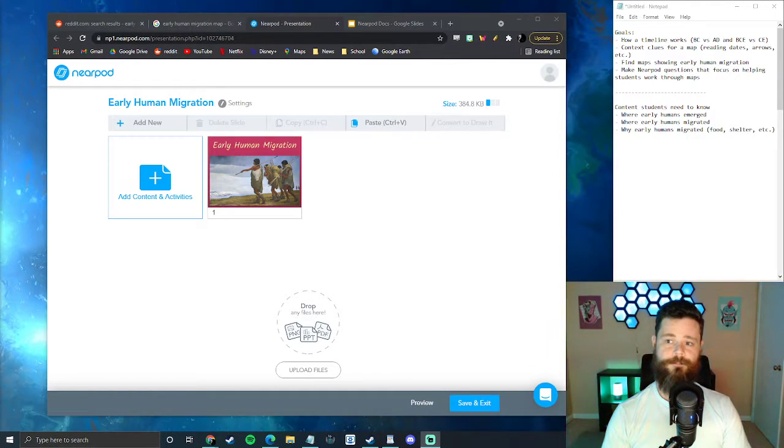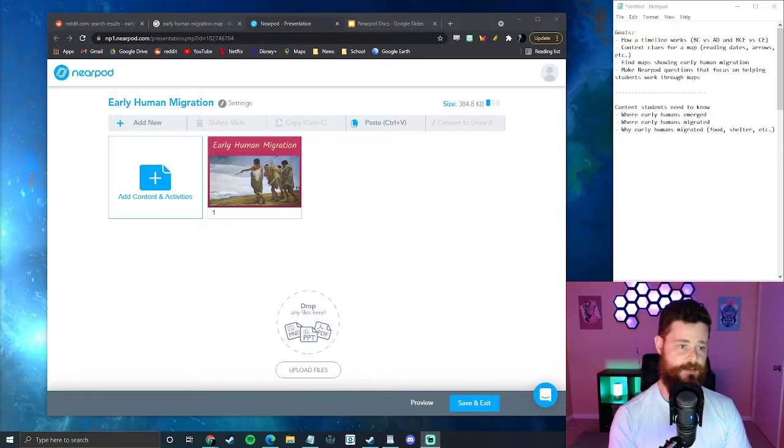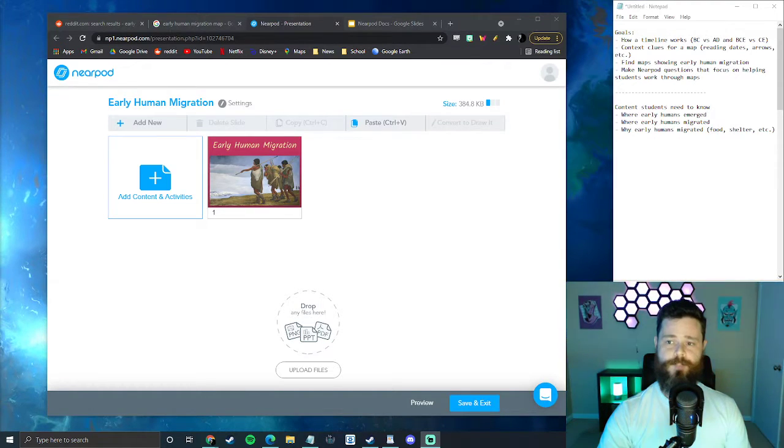Okay, the goals here are going to be how a timeline works. So going over BC versus AD, BCE versus CE, and then comparing both of those pairs to each other and how they kind of interact. Giving context clues for a map, or at least how to read context clues for a map, like reading dates,